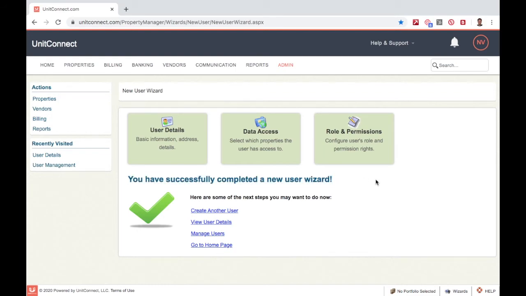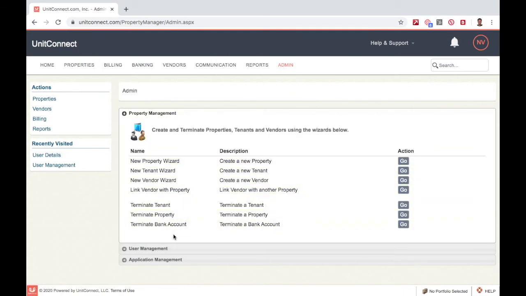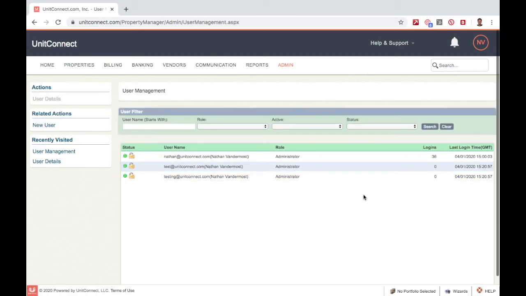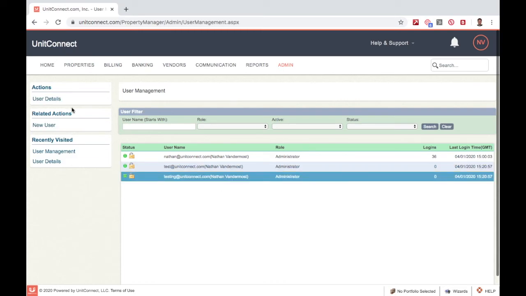And so to verify that this person has been added, I can go to my admin. Now I'm going to go ahead and go down to our user management tab, and I'm going to click on Manage Users. All right, now that we're here in the Manage Users section, we can see that our testing@unitconnect.com email address, which is associated with myself, has been created. And if I go ahead and click on this user, and then go ahead to the left-hand side and click on User Details,